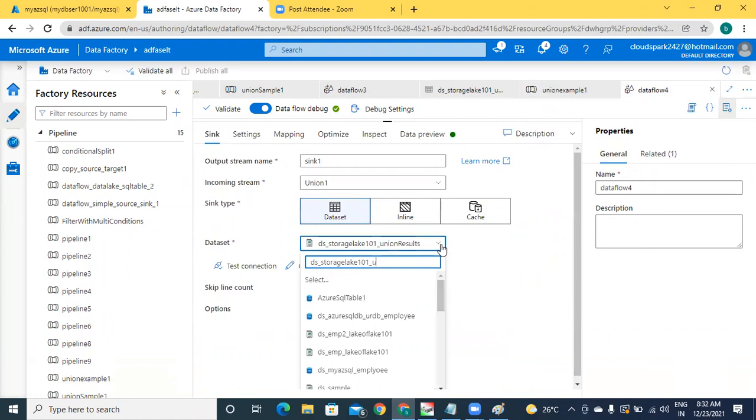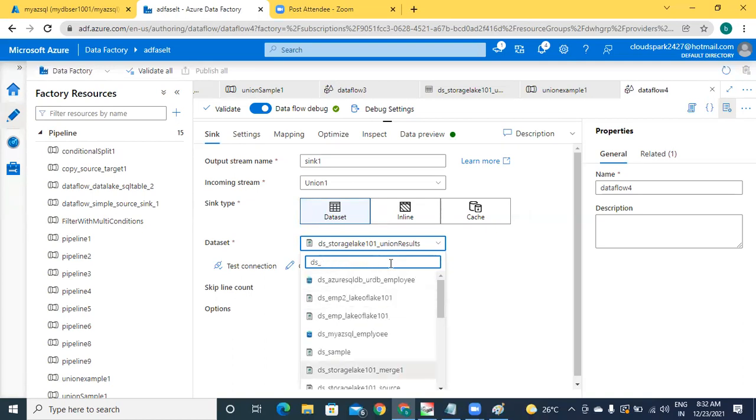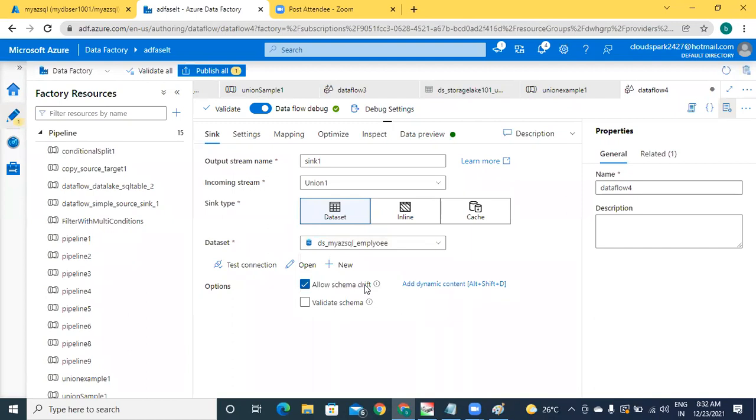Now I'm going to choose SQL table. For that SQL table, you have created one data set in the previous class. What is that? Sorry. DS underscore my Azure SQL underscore employee. This is the data set for your SQL table.